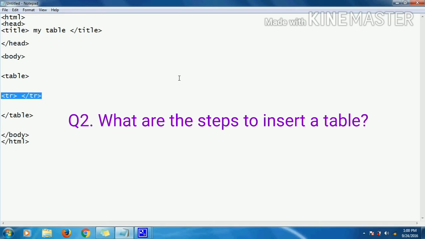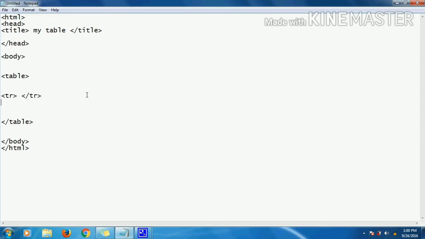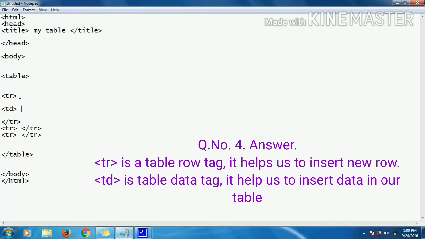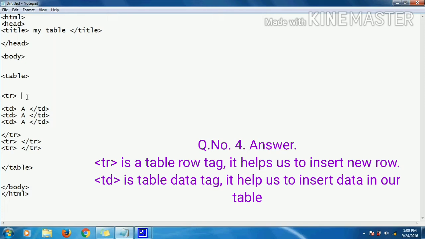Then you have to write the table tr. The tr tag is the table row tag. This table row tag begins each new row, so whenever you want to create a new row, you have to type it. I am typing it 3 times, so 3 rows will appear. Understood? Now typing is done. Inside the tr tag we have to write td, table data. Whatever data I write, a, b, c, I will just give. Table data open, table data close, and then you can just copy paste and change the data here.